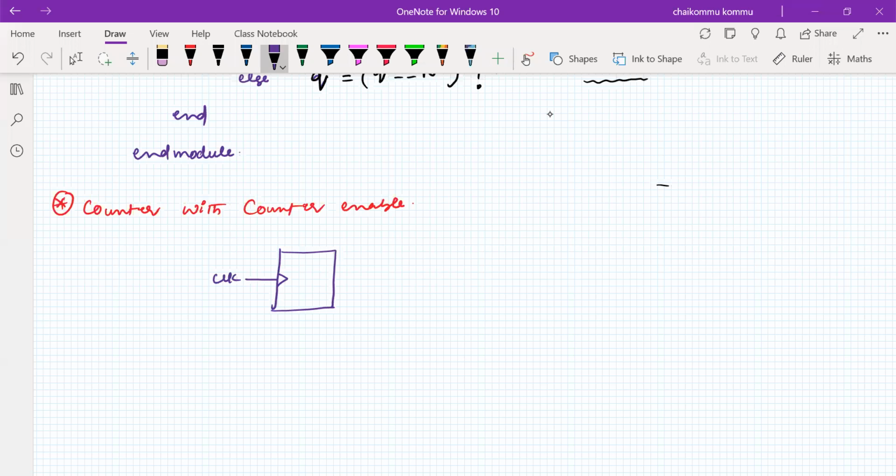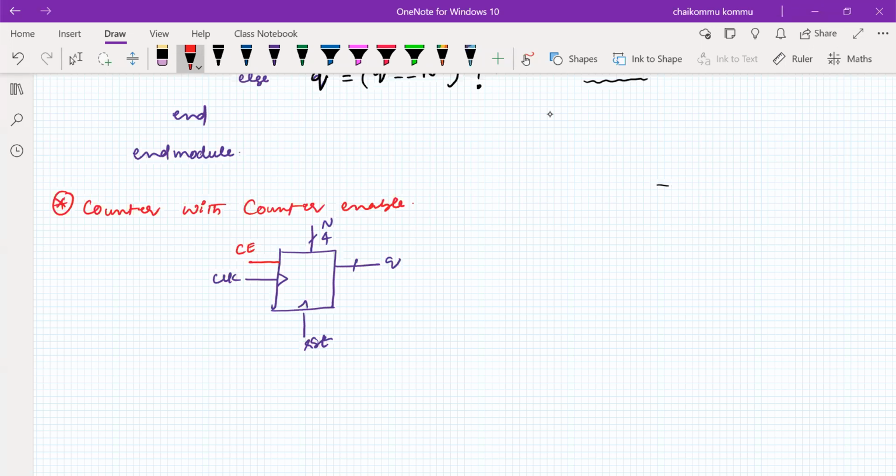Reset signal. We have an output Q. One thing we have added here is n bit, the 4 bit of n that we have included, in order to fix the maximum count. And we are going to use another additional input called count enable, CE. So when the count enable is there, then only counting and everything has to happen. If the count enable is not there, nothing has to happen. That means we are giving the global enable signal in order to do the count operation.